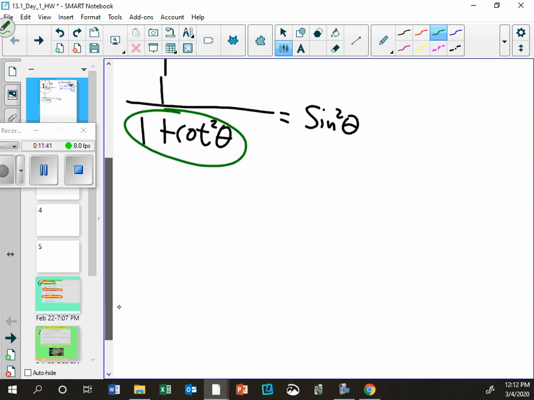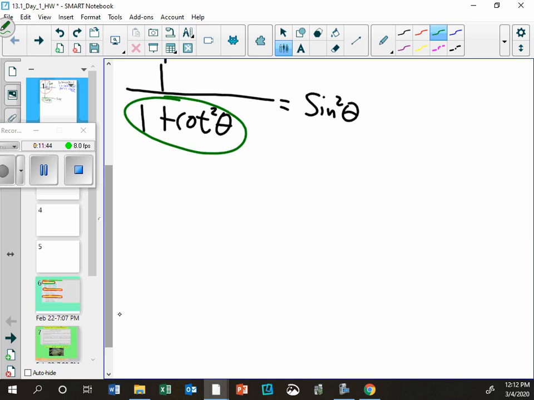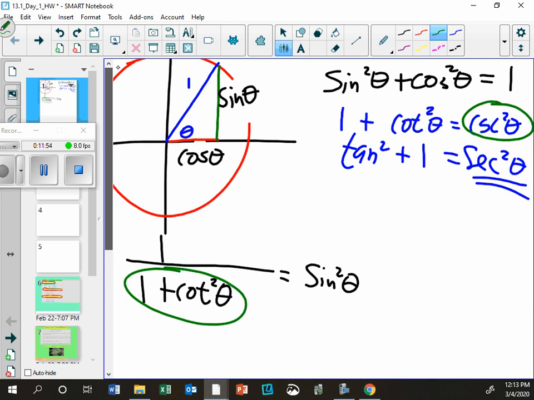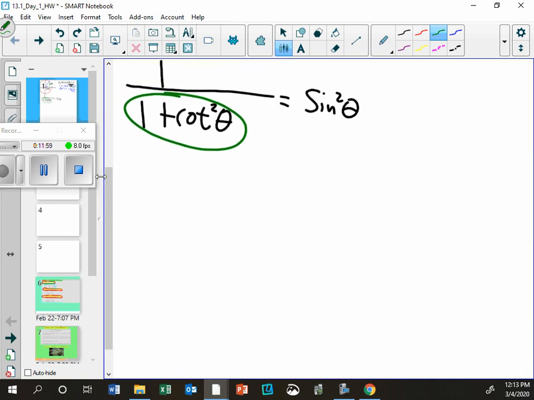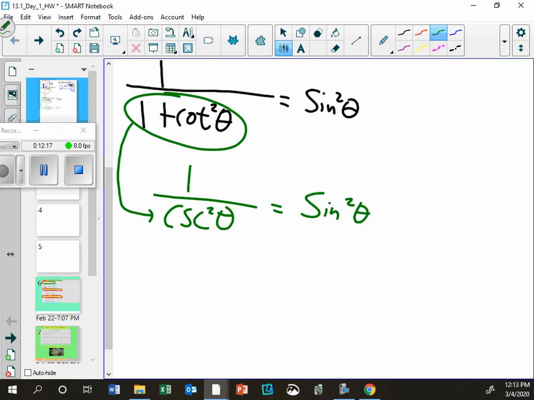A typical problem, and on the test, typical test questions are proofs. You prove that that is a true statement. But we've all agreed that 1 plus cotangent is cosecant. I even showed you where it came from, so you can be confident it's true. So now I'm going to rewrite this and say 1 over cosecant. Because what did I do? I traded out this for this, and that's exactly how I'd like you to show your work. I pulled out 1 plus cotangent, I put in cosecant. And notice on the right-hand side, I am just going to leave it alone.